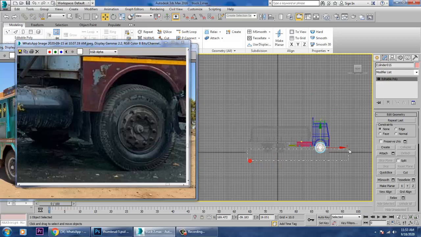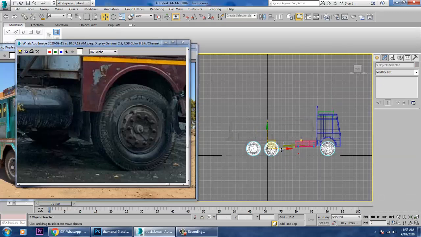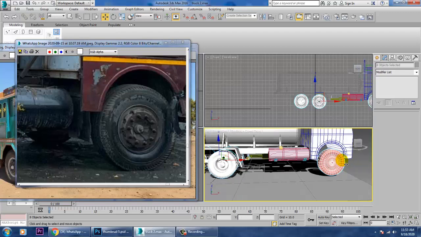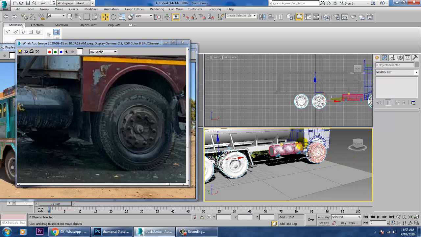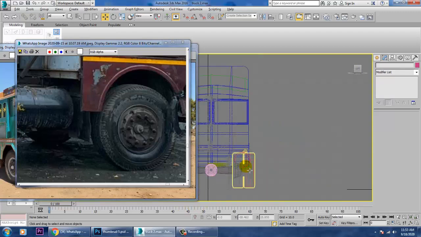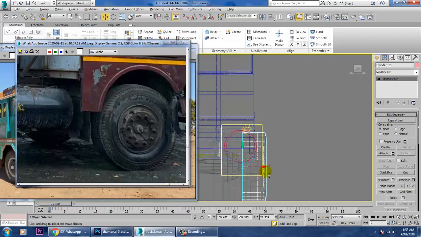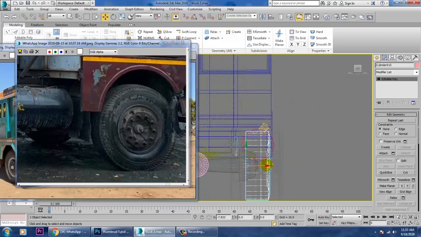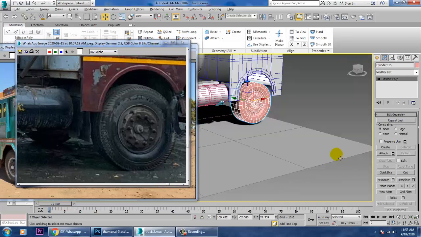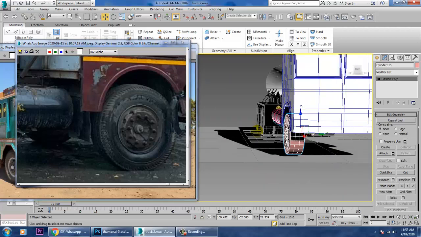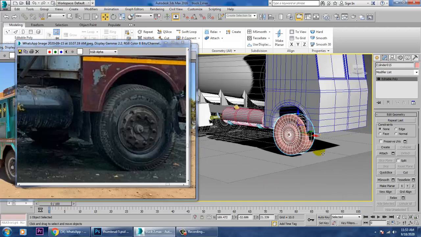If you can just select this whole stuff, and if you can slowly just push it up, much better. So you can go into this view over here and select this tire and just push it more inside over here. Not fully inside, but it will go a bit inside.